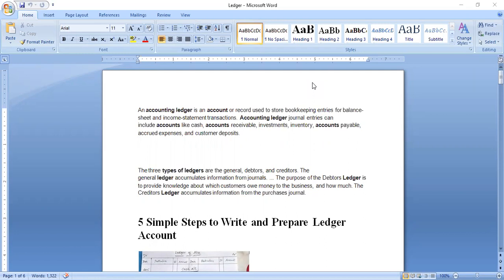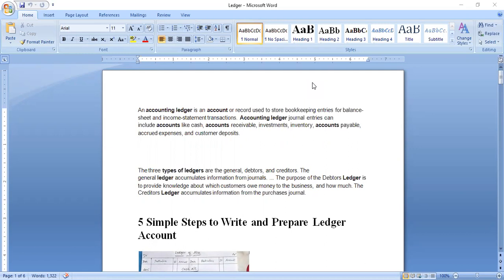Course code MBA 5256, Financial Accounting, Advanced Financial Accounting. Today I discuss the chapter named Ledger. Here we discuss what the ledger is, types of ledger, how to prepare the ledger, and how to create the balance from the ledger. Now, what do we mean by